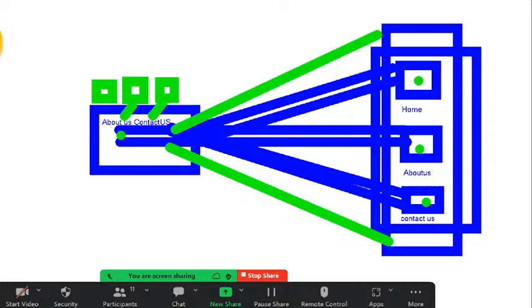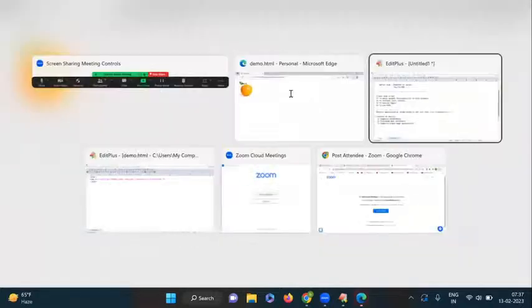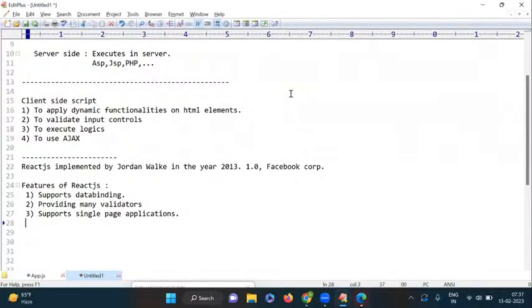So React.js supports the single page application concept. Okay, I will explain the programs. Just what are the features we have in React.js we are discussing. One. Next one supports